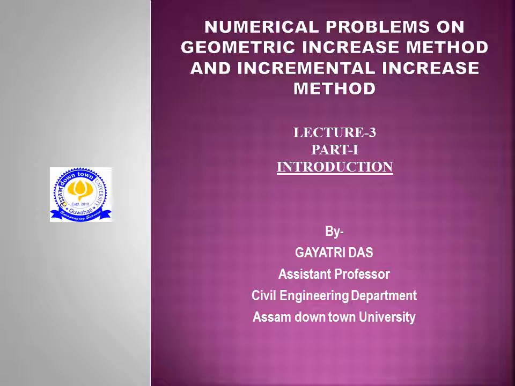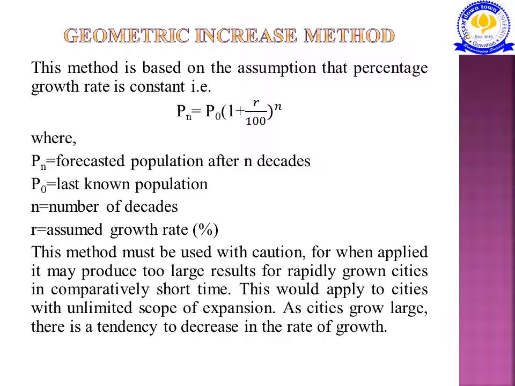So in my previous lecture we have already discussed arithmetic increase method, geometric increase method and also incremental increase method. Let us remind ourselves a little bit of what we have learned. Geometric increase method is based on the assumption that percentage growth rate is constant. This is the formula: Pn = P0 (1 + R/100)^n,